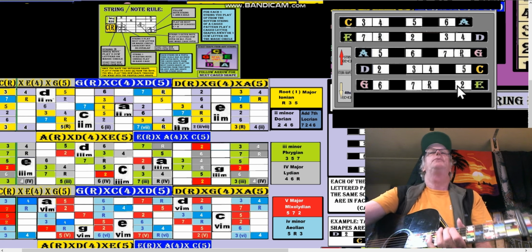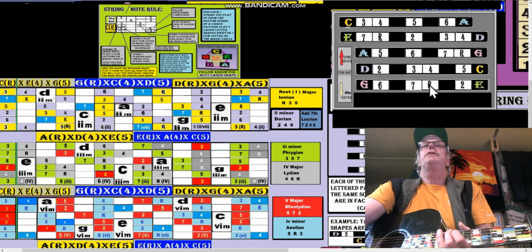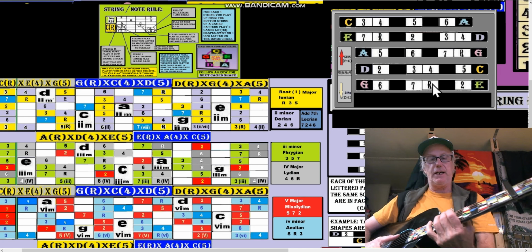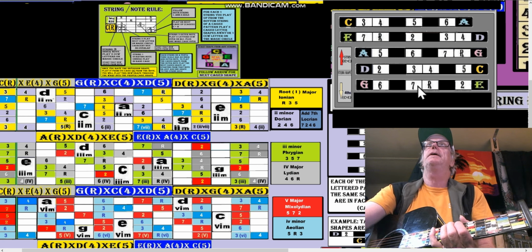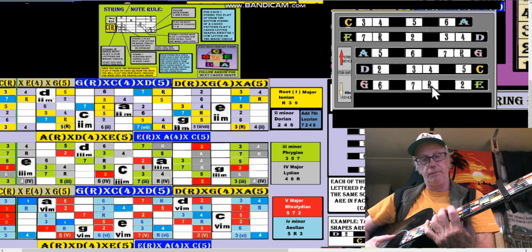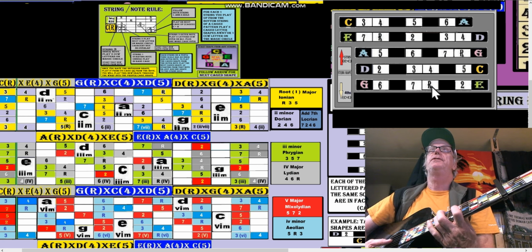All right. So we're looking for ways to associate what we want to play with the shapes. Now, additionally, with the root shape, if we want to do an arpeggio, root 3-5, it's going to go from G shape to D shape to A shape, which is part of the G shape. If we're using the C as the outer note, the root as the outer note is going to be the G shape, right? Its outer note is the root. So we got a G shape there, D shape, A shape,